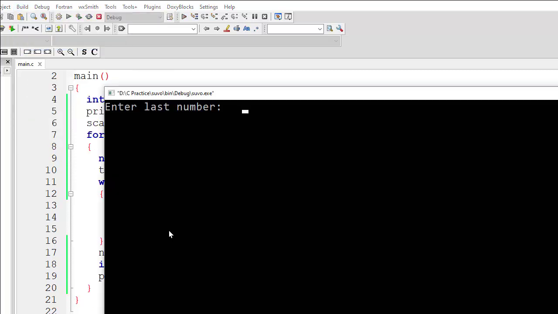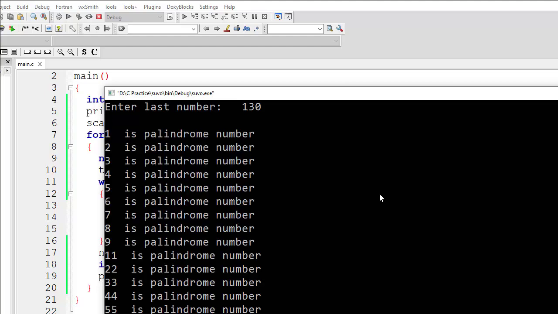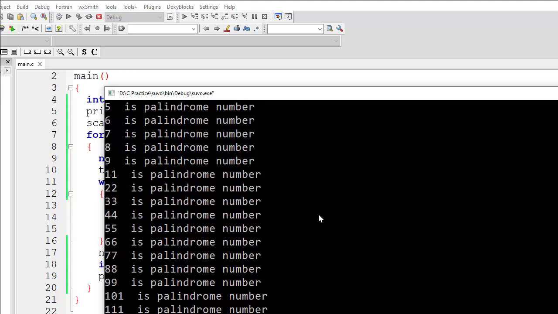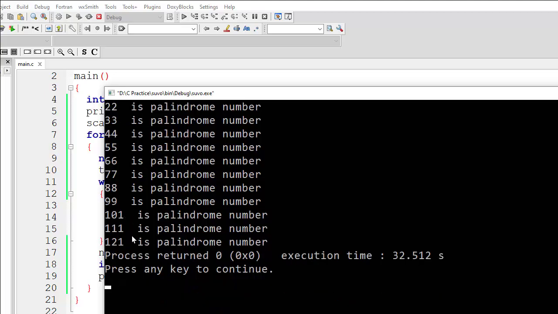Running the program. I am entering 130 as the last number. Program should find all the palindrome numbers from 1 to 130. Enter. Say these are the palindrome numbers. 1 is palindrome, 2, 3, 4, 5, 6, 7, 9, 11, 22, 33, 101, 111, 121 are the palindrome numbers.